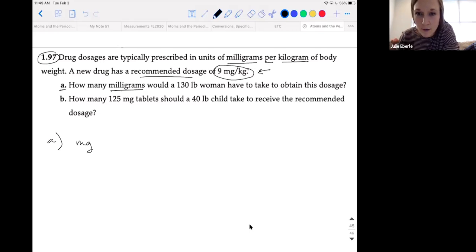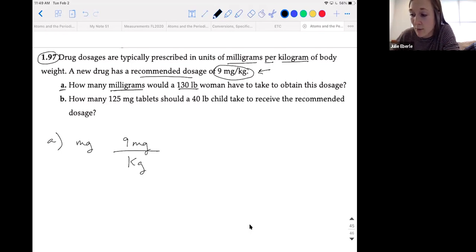We have a recommended dosage, okay? And so she's got to take that recommended dosage. She's got to take 9 milligrams of drug for every kilogram of body weight. And if we start there, so we're assuming that she's going to take that, we're going to start with milligrams on top, and that's going to put that unit where we want it for our answer. So now we're going to go about canceling any unit we don't want in our answer, okay? Now, I saw it a lot in the chat, convert pounds to kilograms. That's great. We do need to do that, okay?